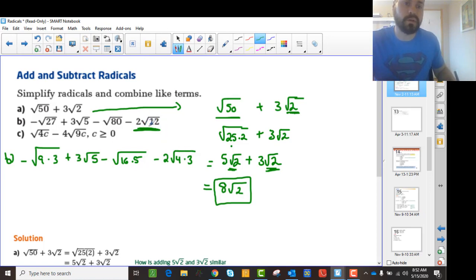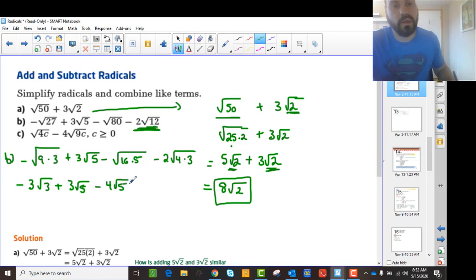form. So even though it's already a mixed radical, it's not enough to just say, well, it's a mixed radical, so I'll leave it as root 12. You have to look at the root 12 and recognize that it can get even smaller. Okay, then we do the square root of 9 is 3. So we get 3 root 3, then plus 3 root 5, then minus square root of 16 is 4 root